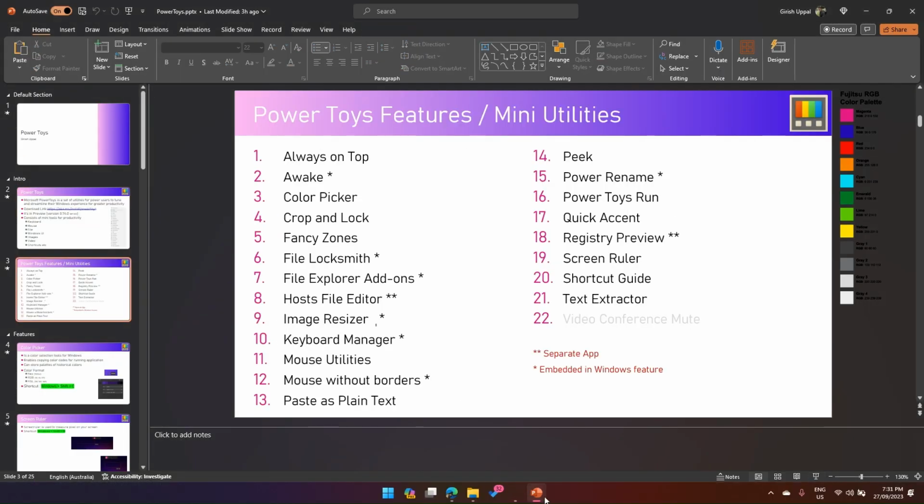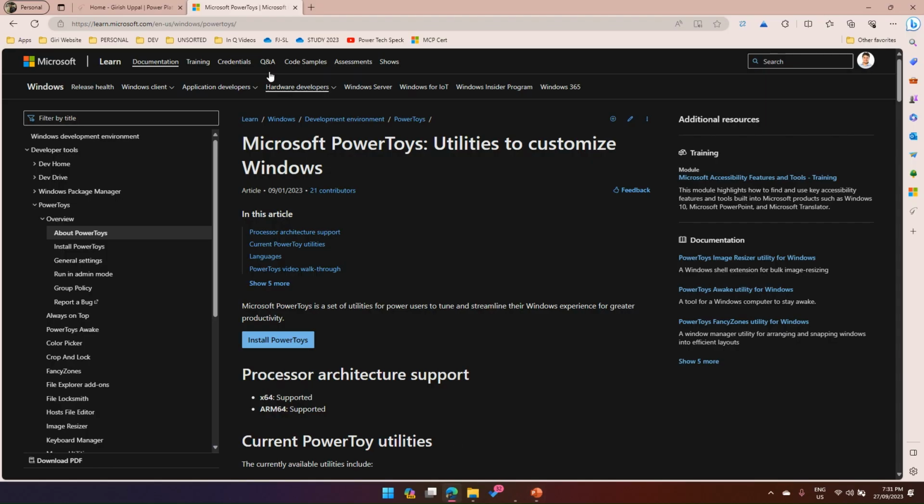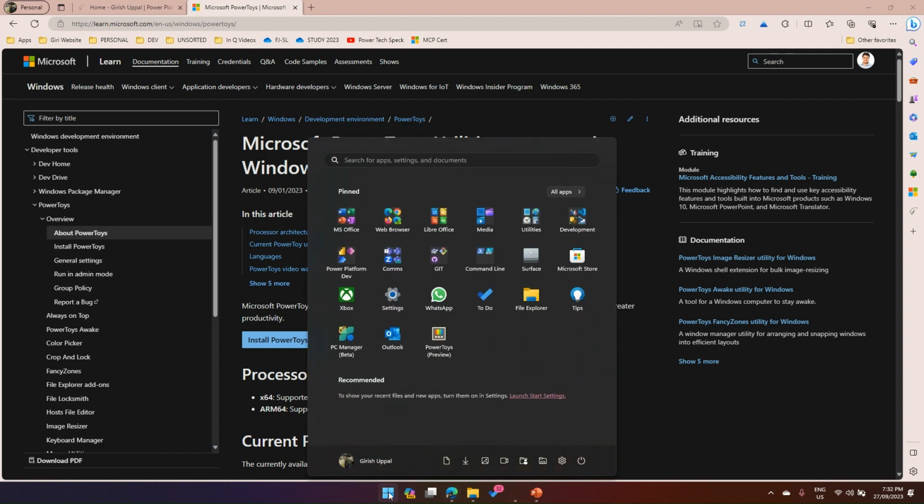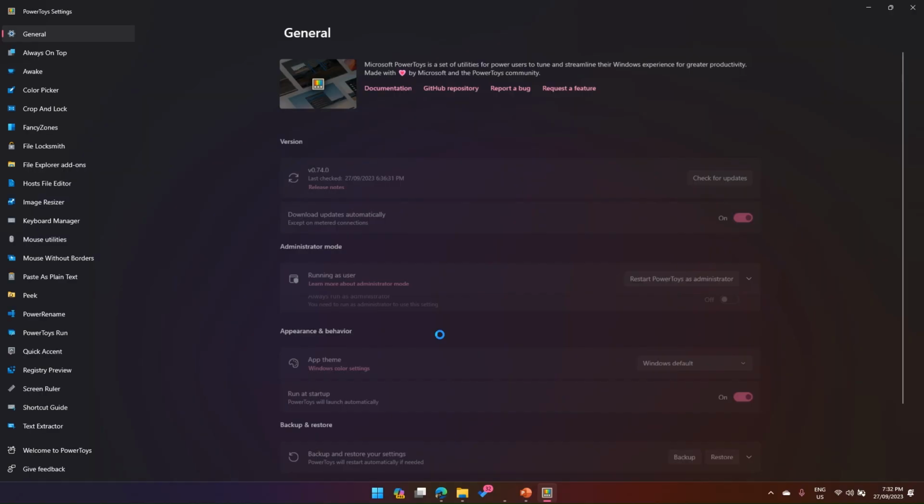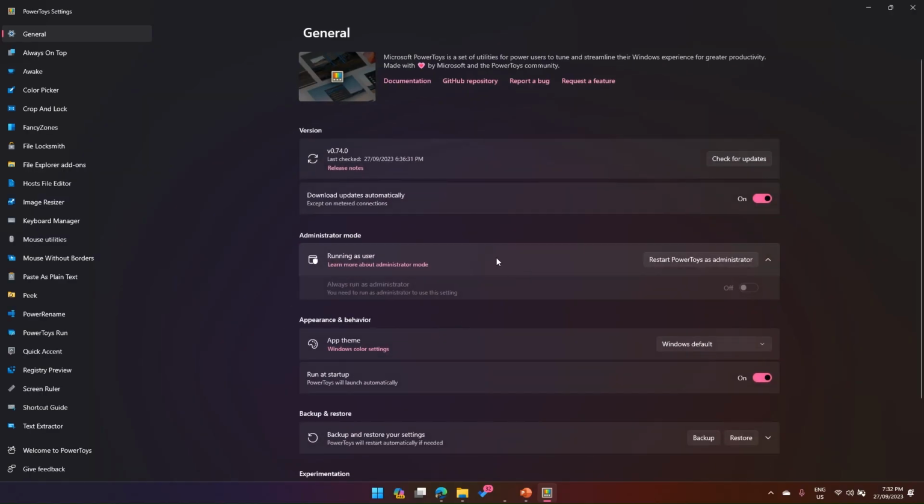So first, if we go into the documentation of Microsoft PowerToys, you will see a button to install the PowerToys. If you click here, it will start installing the PowerToys on your Windows operating system. And once the PowerToys is installed, which I've already installed, it will show it's in a preview version. If I click on the PowerToys, it will launch this kind of an application. Now, if you see here, this is the latest version as of 27th of September,